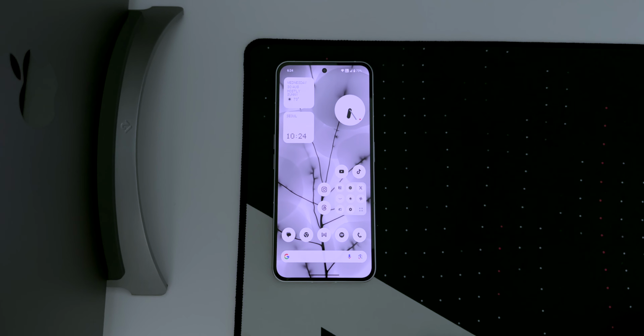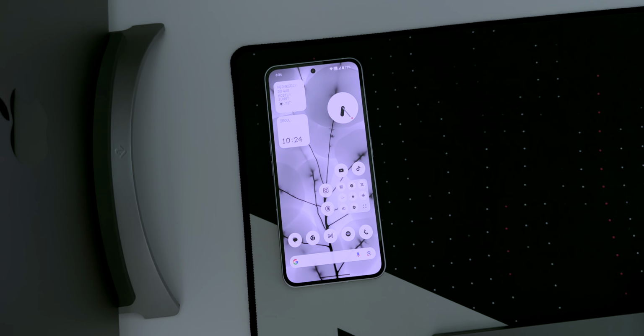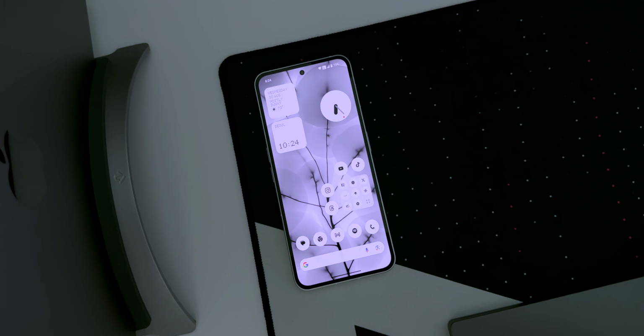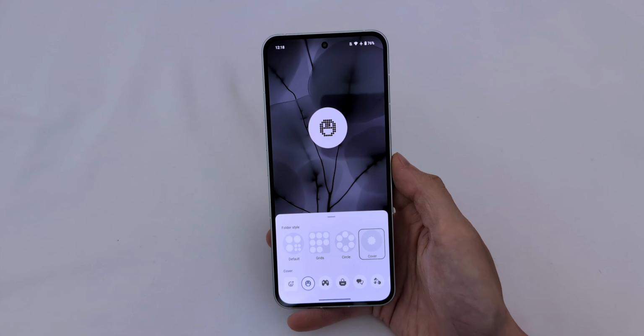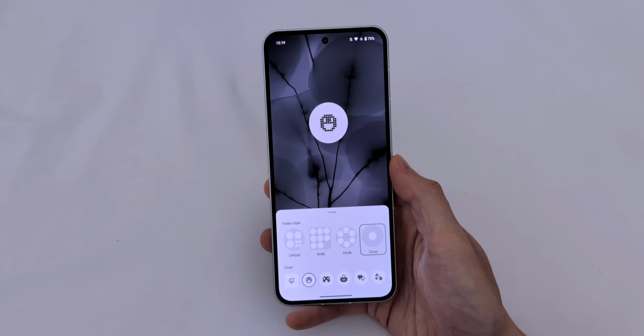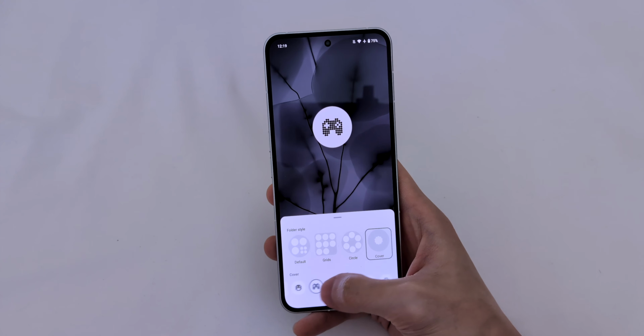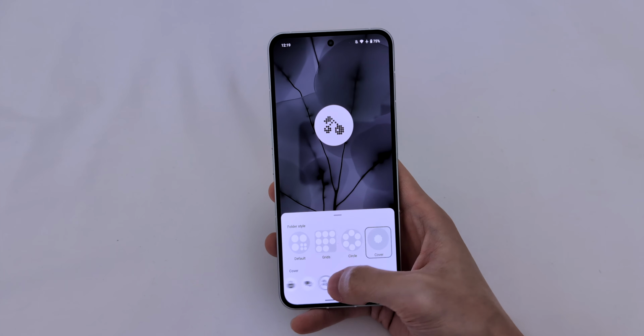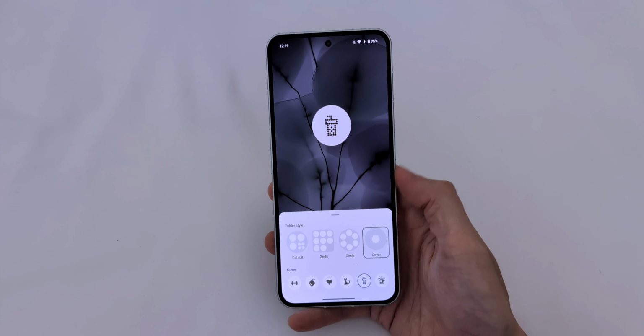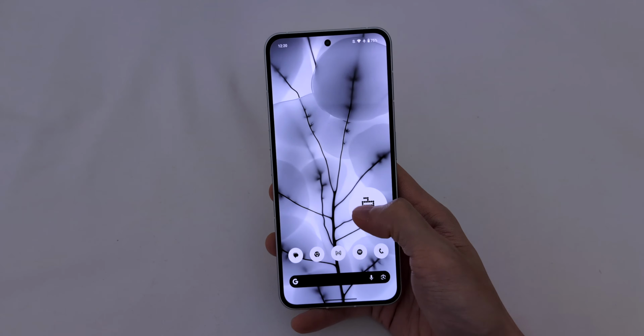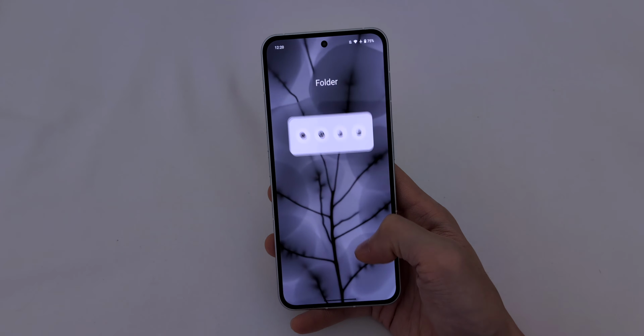I like grids and circle since they save space on the home screen and I can open an app without opening the folder. And the last folder style, cover, replaces the folder with a custom dot matrix icon. And there are a bunch you can choose from, like the smiley face, game controller, cherries, music, this cat from Stray, and a boba drink. You do need to tap on the icon to open the folder, but it does add some character to the